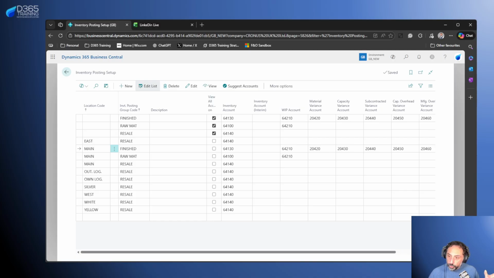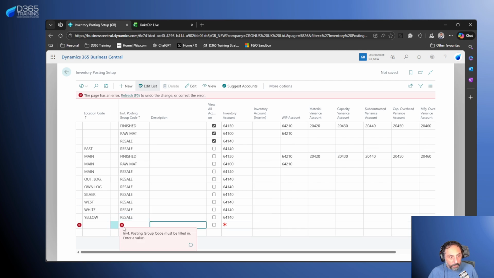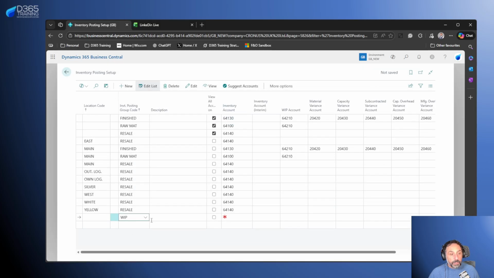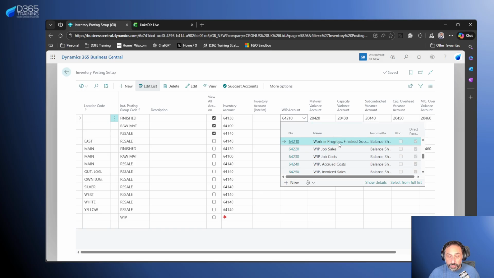One of the two decided, because the consultant working with them advised them to do this, they did this. They created a WIP. This is a WIP items, right? And they ended up doing this. And now, once their WIP account in their chart of accounts, work in progress, finished goods, and we can talk